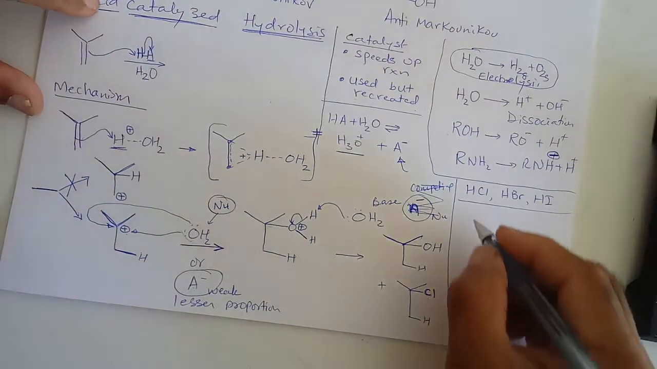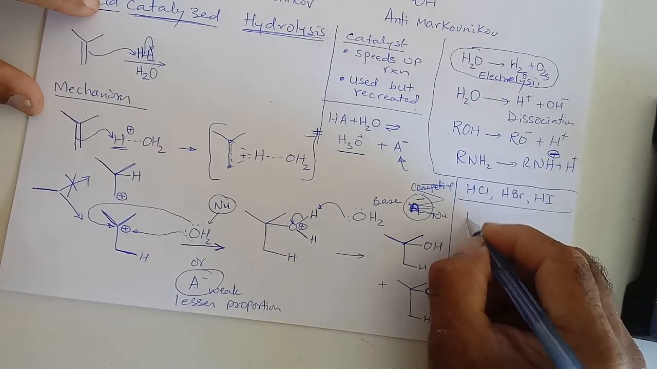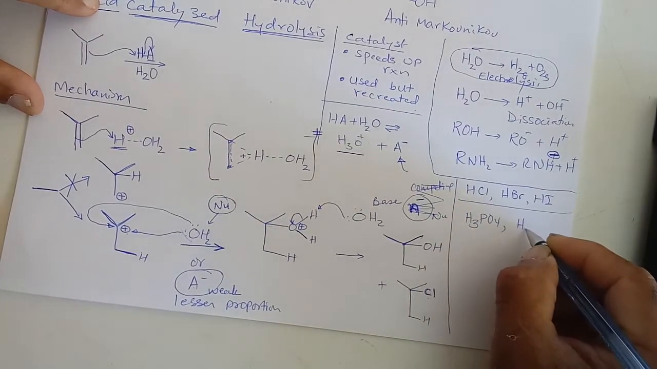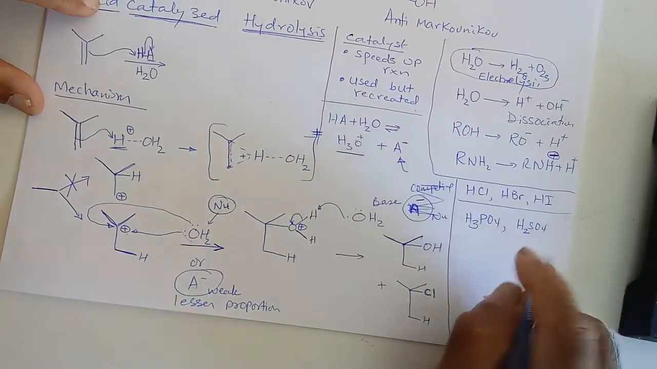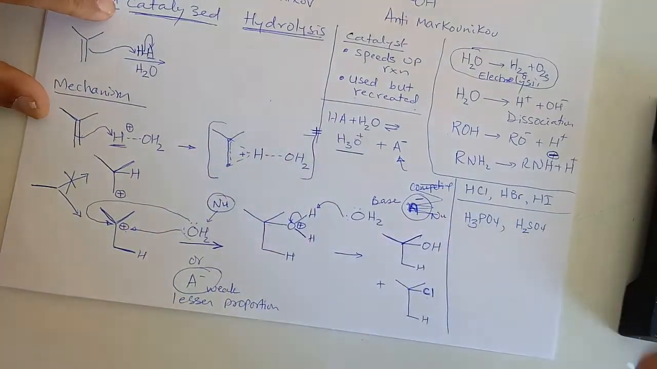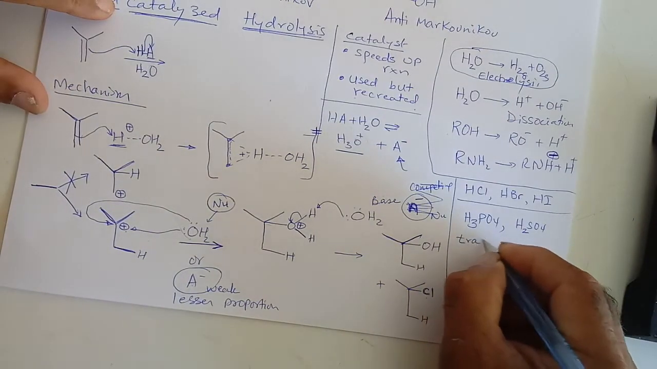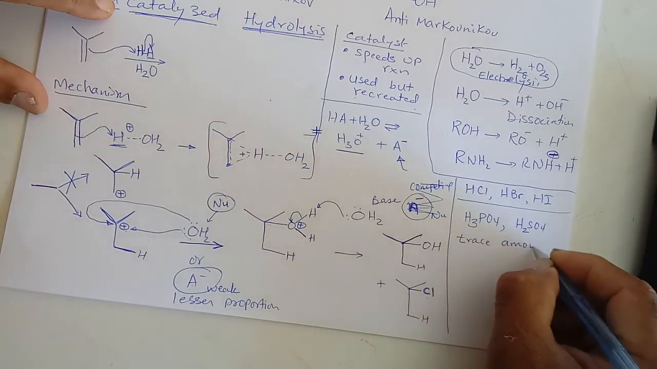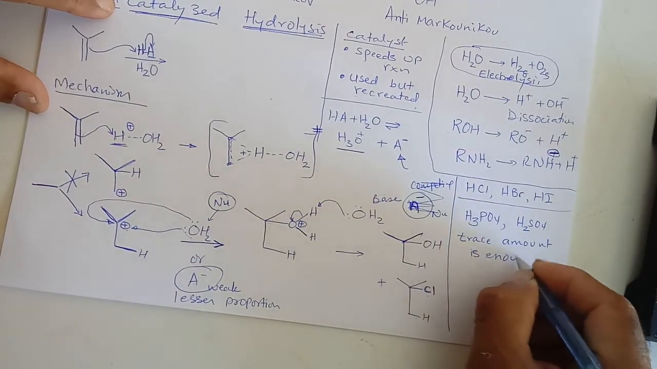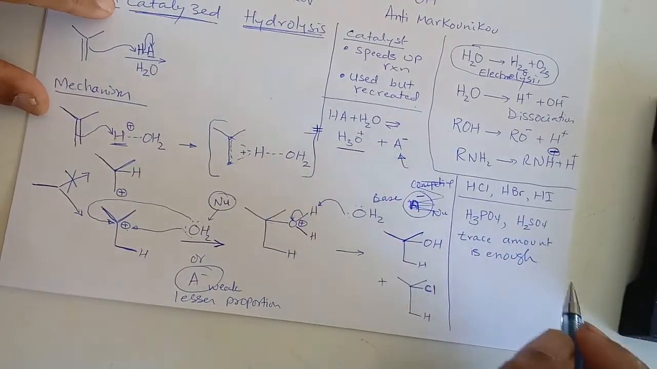So what should we use? We should use something like phosphoric acid or sulfuric acid. And by the way, how much catalyst do you need? The amount of catalyst needed is tiny. So it's going to be trace. A trace amount is enough. We don't need to add a large amount, we just need a drop or two